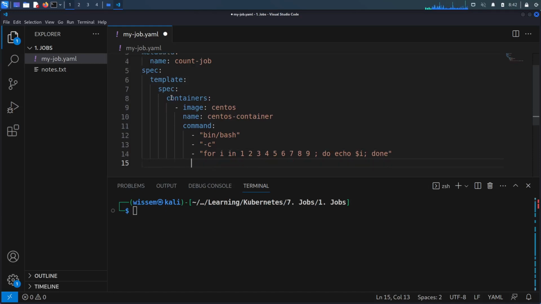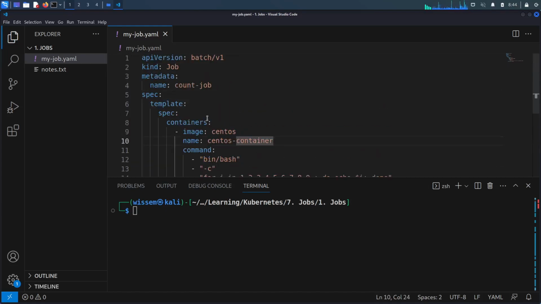Okay. And finally here we have to set the restart policy of the pod, and we will set it to never. Okay, so that's what we have to do here in the YAML file. Here you have to know that the kind should be job and the API version should be set to batch/v1. Now let's create the job using kubectl